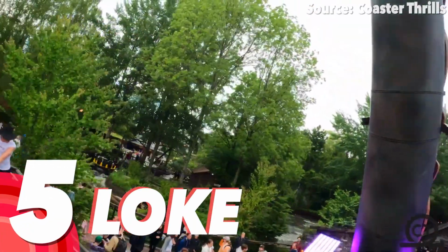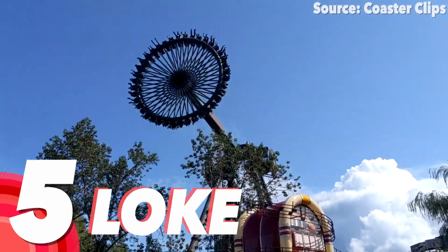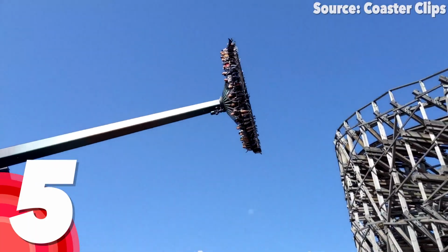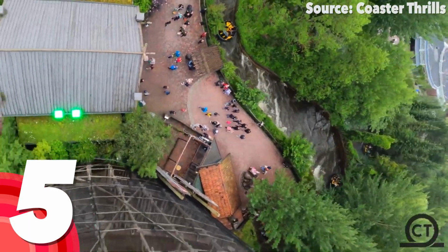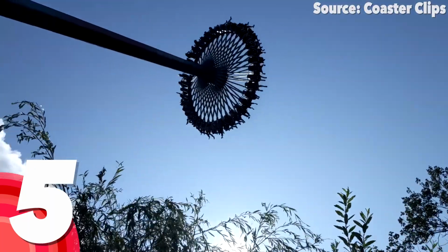Buckle in and get ready for the battle to begin, as halfway through our list we have the park's, believe it or not, Loke themed pendulum ride, and where I normally suggest avoiding rides like this, with them being so common, and do the more unique ones like Mechanica instead that you can't do anywhere else, the scale of this